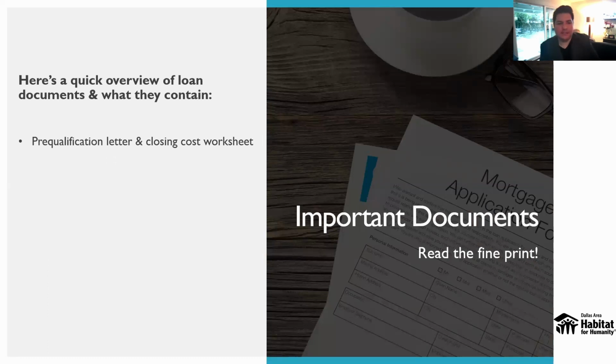So let's talk about some documents that you're going to review, or you're going to receive. So pre-qualification, again, a pre-qualification or pre-approval letter is a document way at the beginning. That's like your first bag of cement, right? You get that, and that's going to allow you to potentially start looking for homes. So you get your pre-qualification letter, and you're also going to get your closing cost worksheet, right? That way you get these in conjunction. That way you know how much you qualified for, but you also know how much it's going to cost you,